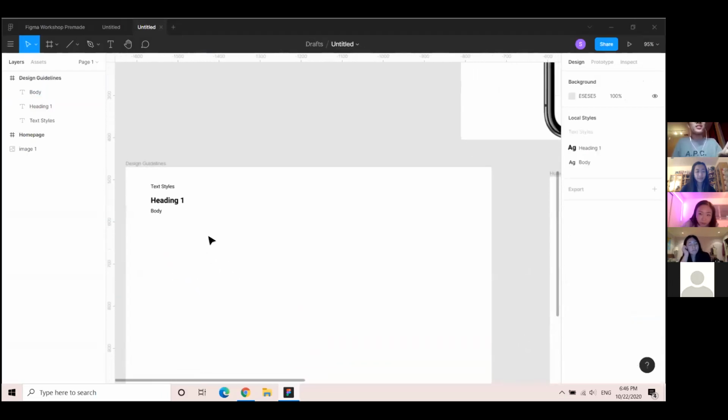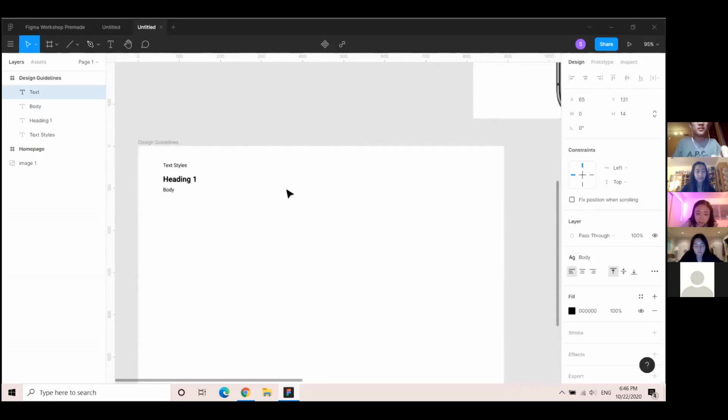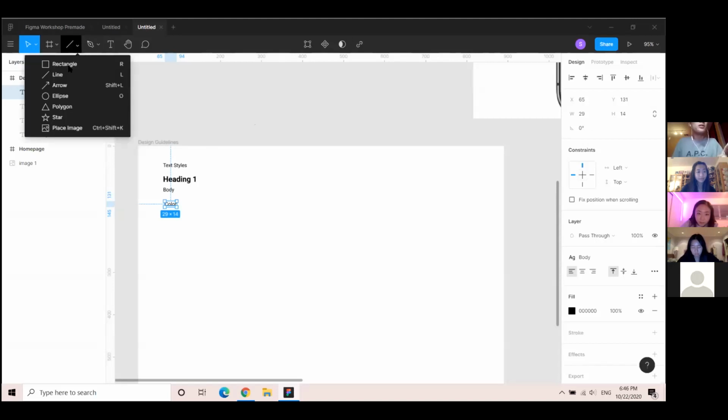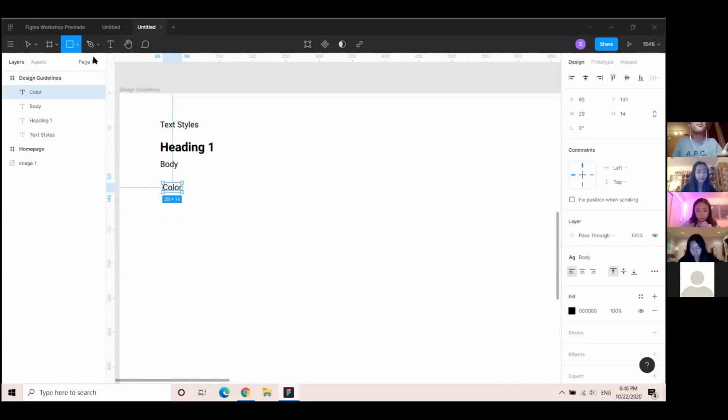All right. So the second thing we want to do is make those color swatches. So let's make another section for color. And in order to make those swatches, we're going to want to go to the shape tool. It's this one. It should be on rectangle automatically, but I was using line tool last time, so it was already on line. But yeah, so select rectangle, and